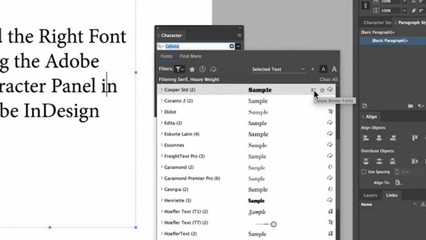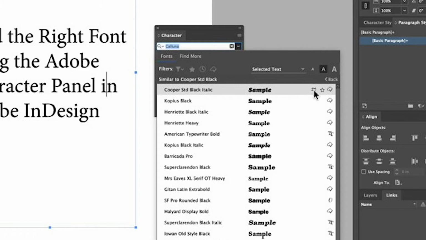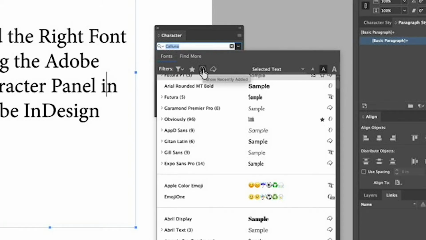Maybe you found a typeface that's similar to the one you had in your head, but maybe it's just not quite there and you can't really understand why it's not the one. You can just click on that wavy equal sign and hopefully the similar feature there would be really useful for you. We're going to move on to the next one. You have the icon, the recently added.